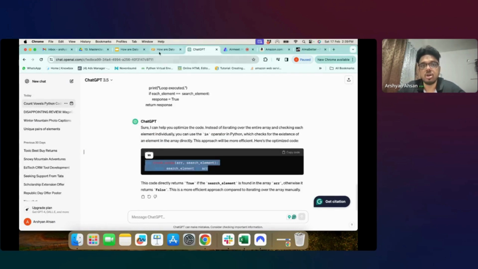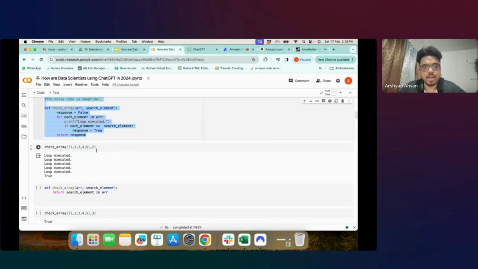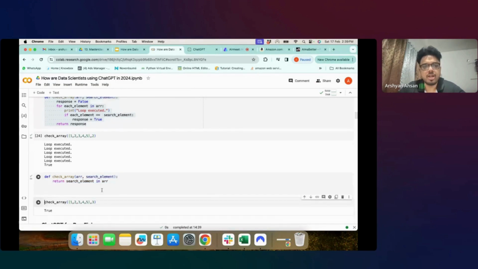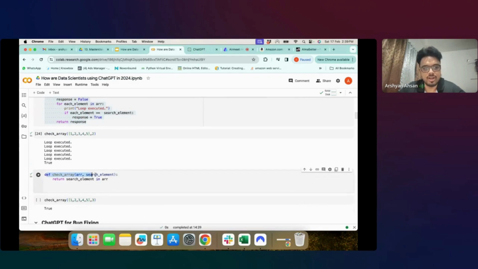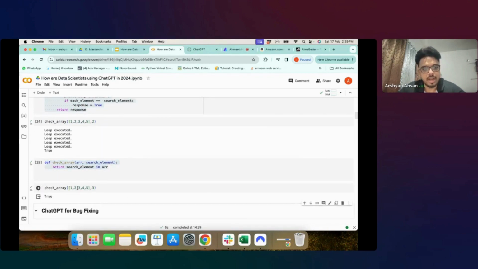So if you are a newbie writing code, and you want to write code that is very optimal, consumes less space, and has low time complexity and low space complexity, you can just take the help of ChatGPT. Let's see the function ChatGPT returned. Is this working fine? I provide this array and a search element.